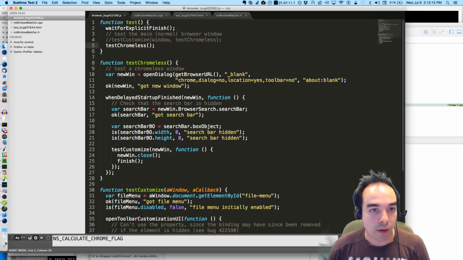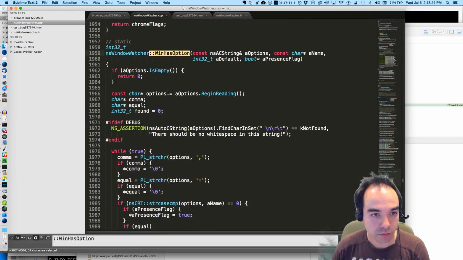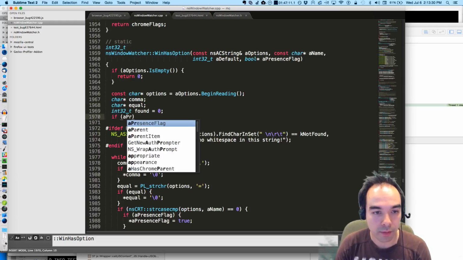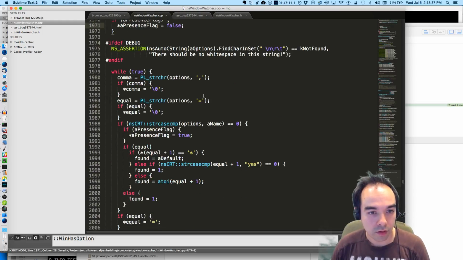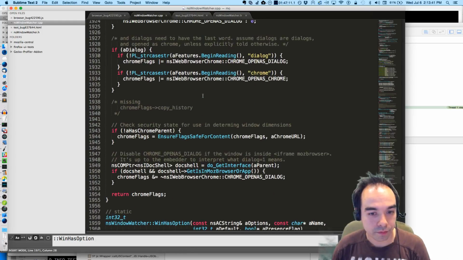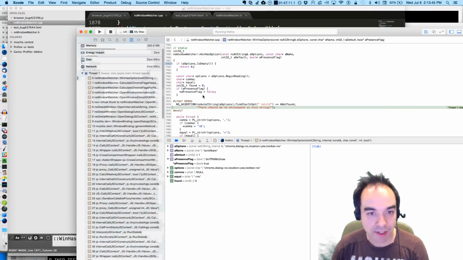So that's one problem. If a presence flag fix the scroll bar problem, it still doesn't... we have set the flag.